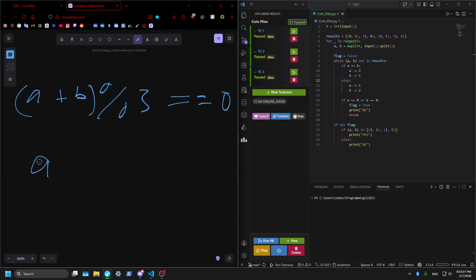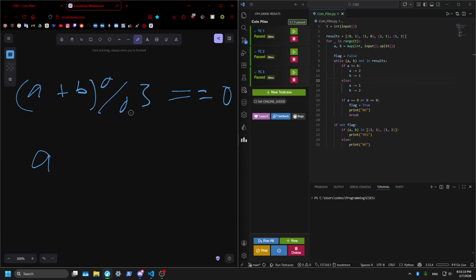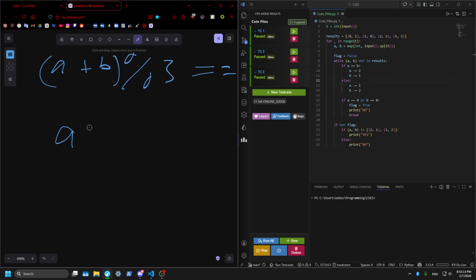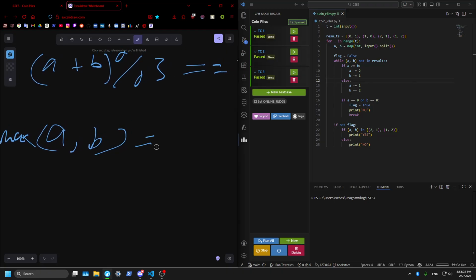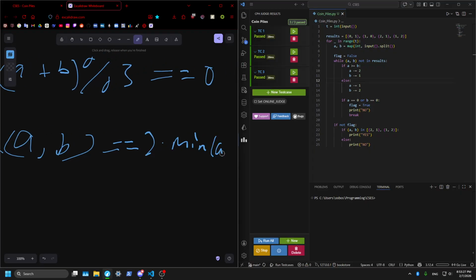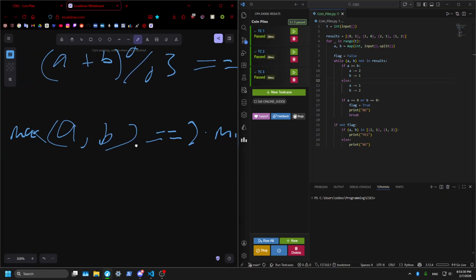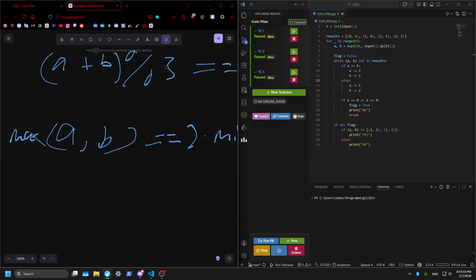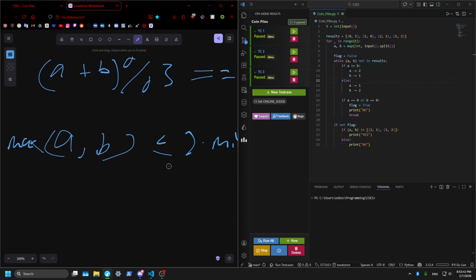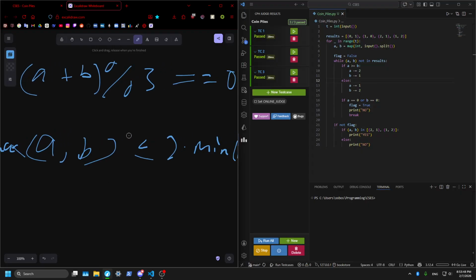And I think we can get the answer here. It's A plus B mod 3 is equal to 0, and then max A, B, two times min A, B. It's not equal to, it's like this. Max A and B is less than or equal to 2 times min A and B. So